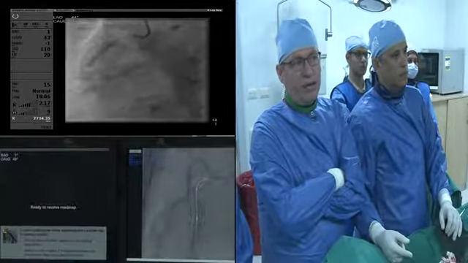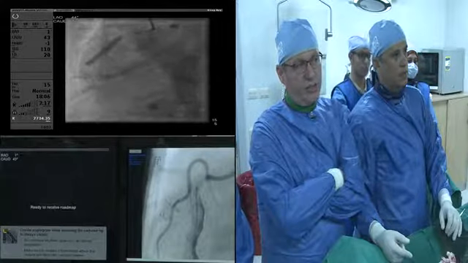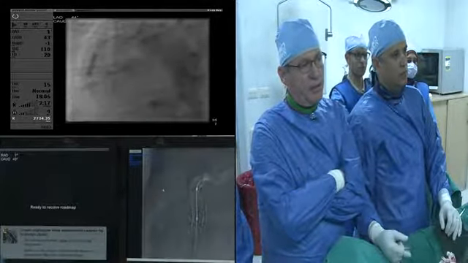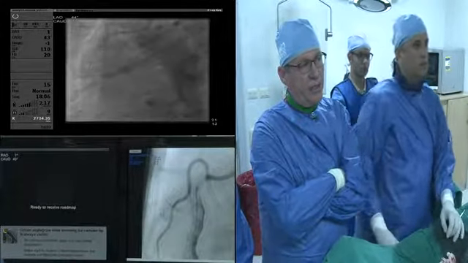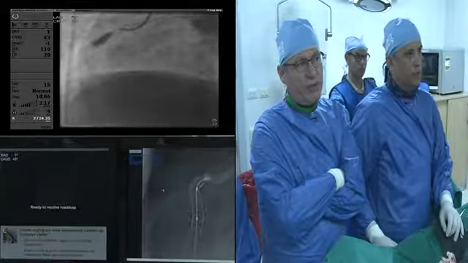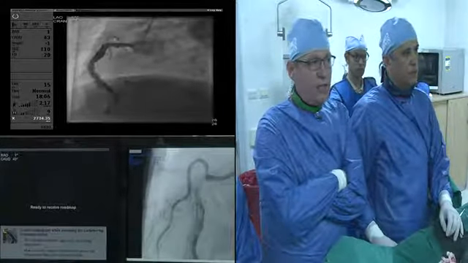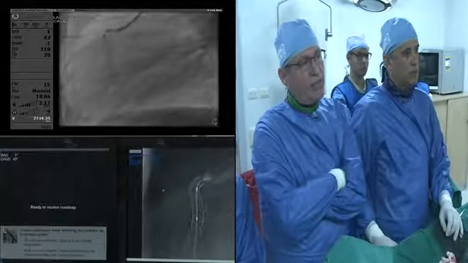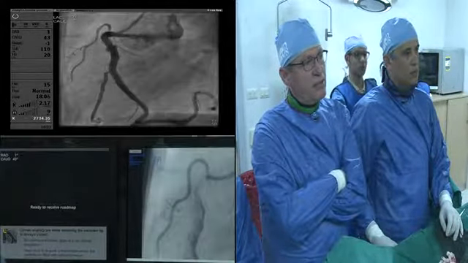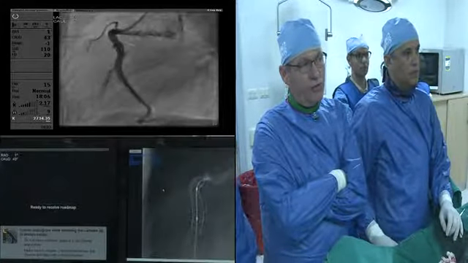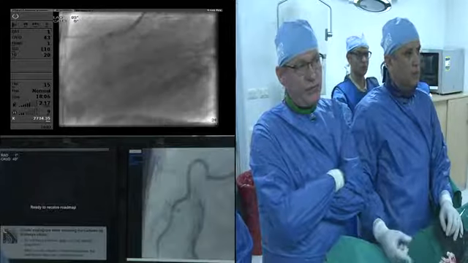And after fixing this, we are quite safe to approach the left coronary system. Next. At the same time, we thought about the ramus, if it might be the culprit lesion, but it's not soft plaque, it's quite hard plaque itself, and so we are dealing with the CTO of ramus and, of course, ulcerated lesion of the